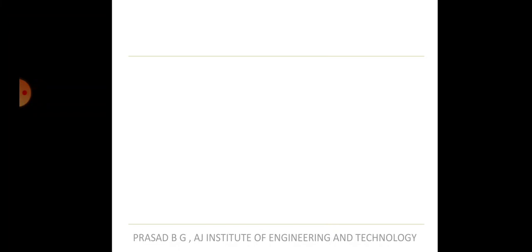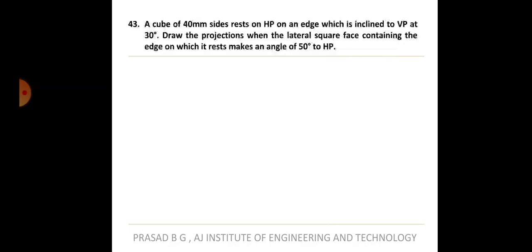So basically it's a 6-sided figure. It has a square base and square top, and all the lateral faces are also squares. So we call that a cube. Okay, just remember this. It's a prism only, but when the axis height of the prism is equal to the side of the base, then we call that a cube. So we will take a problem on cube.